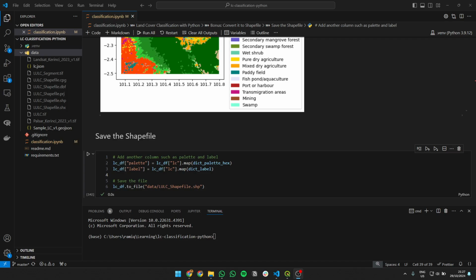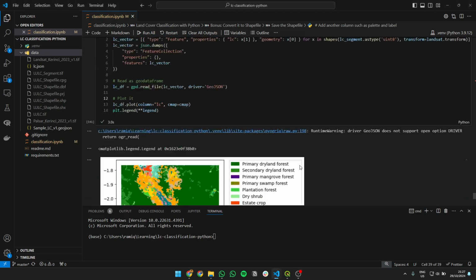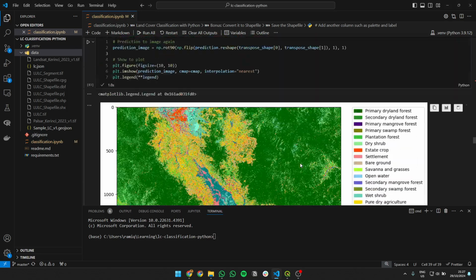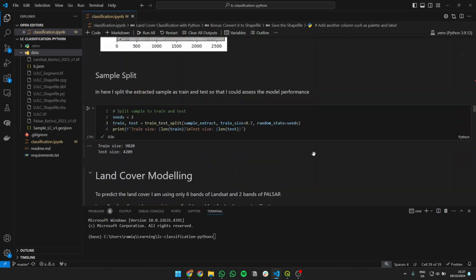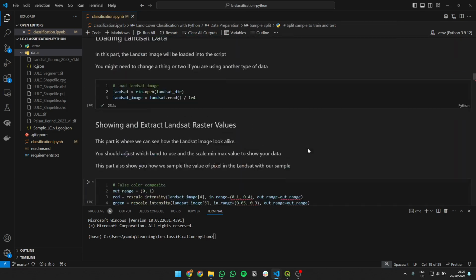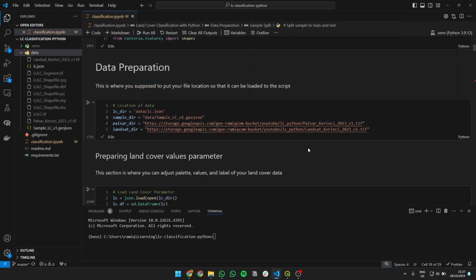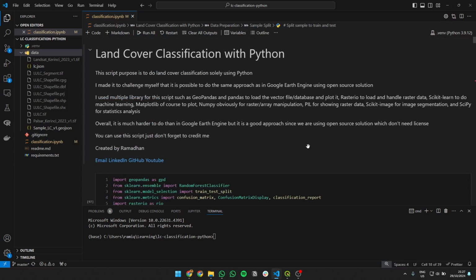So yeah, have fun. I hope this is helpful, and maybe we can move on from Earth Engine as possible. Although I think it's really great. Earth Engine is the best, I think, for something, but still, if you want an open source solution, you need to do it